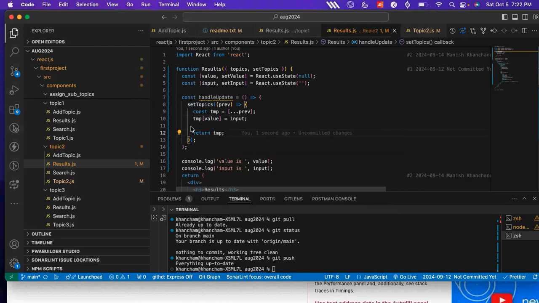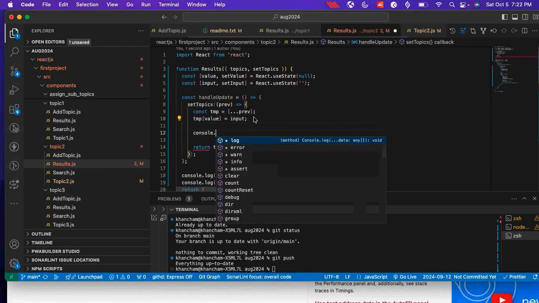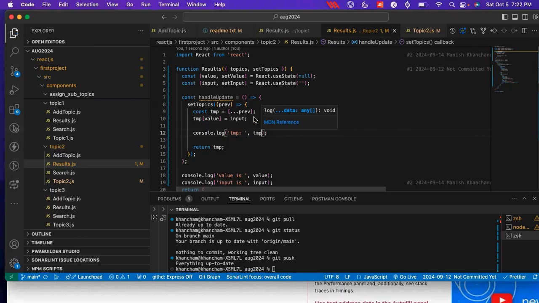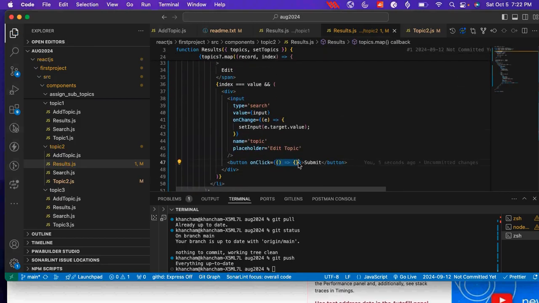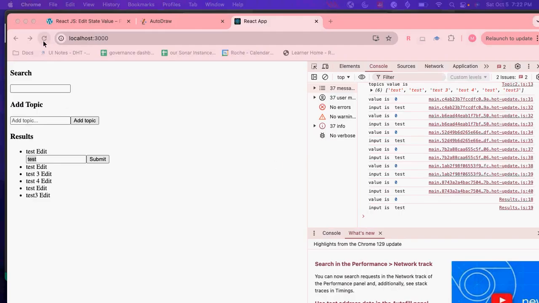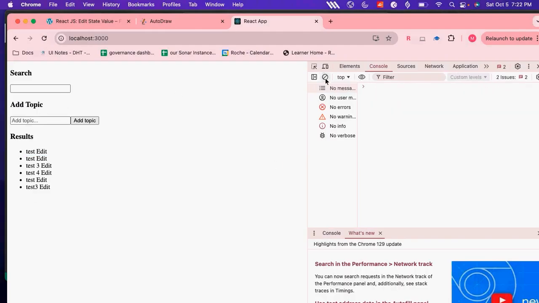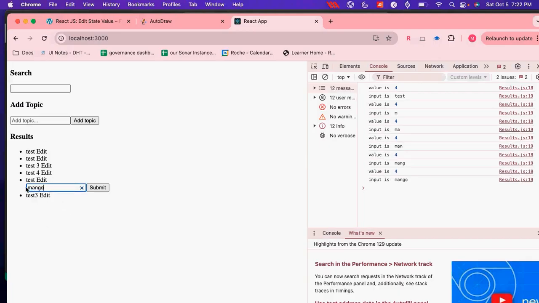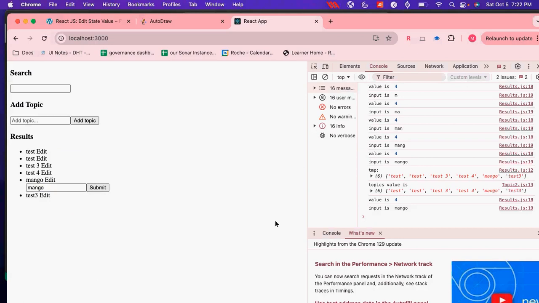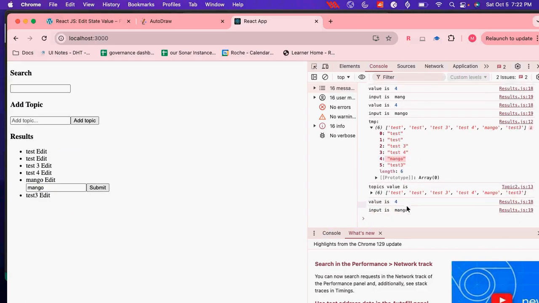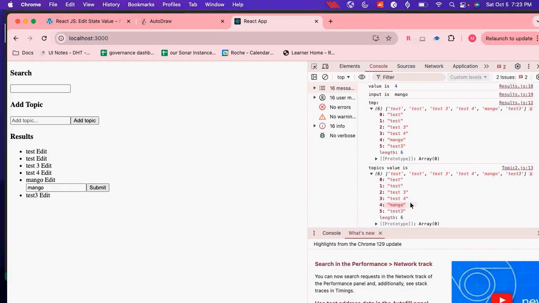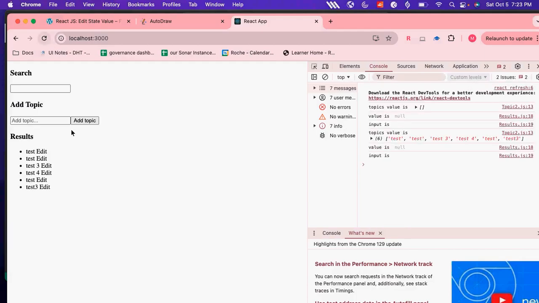Still I am not using the local storage. First I want to see if it is updated properly. So let me console log this temp also, and call this handle update on the click of this submit button. So let's try again now. I will edit this one and update it with Mango. As soon as I click submit, you will see temp has Mango here and topics is also updated with Mango. And when I refresh the page,